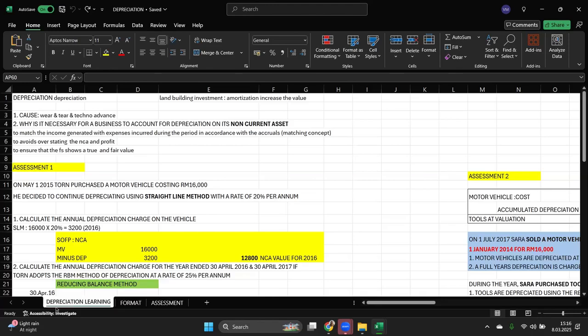It's because, let's say this year I'm buying a 16,000 motor vehicle. Okay, when I'm buying a motor vehicle for 16,000, this year it's okay, I can include the 16,000 in my tax form, which is before I go to my tax, I will be including them in my income statement, balance sheet, statement of profit and loss, and everything. I will have my total non-current asset. And then I will not minus anything, because I don't have any value of depreciation. So it's only 16,000. But next year,